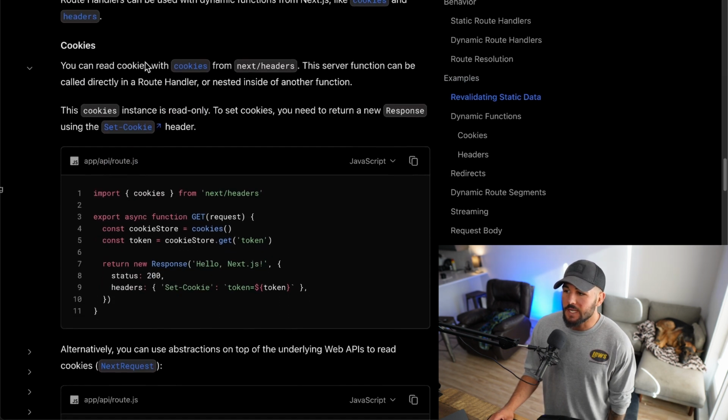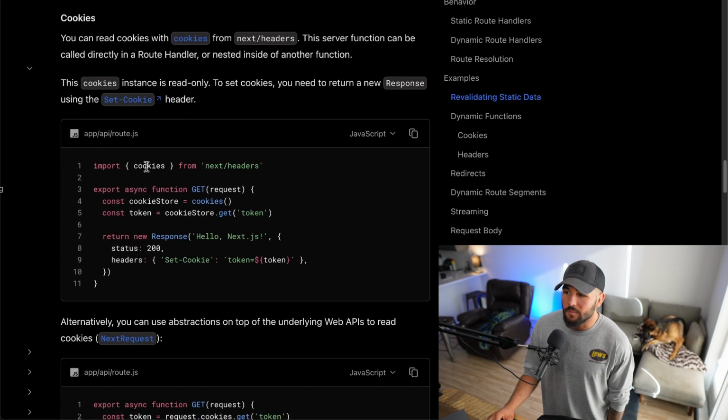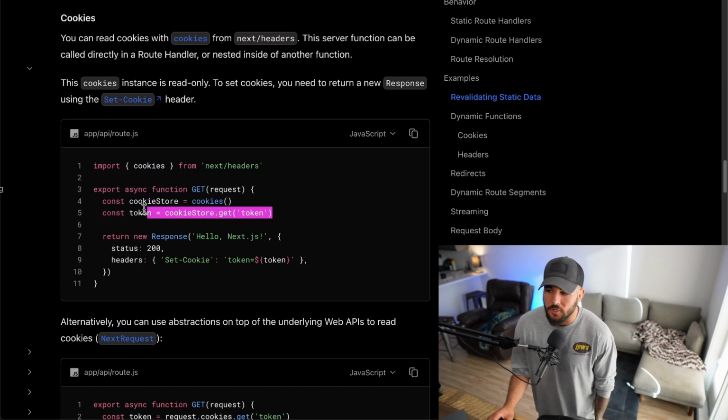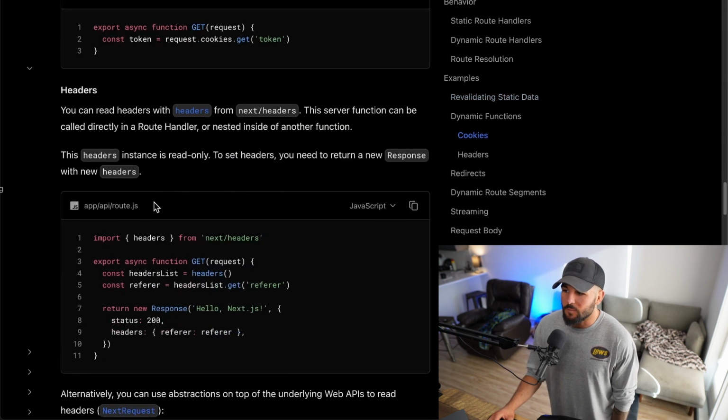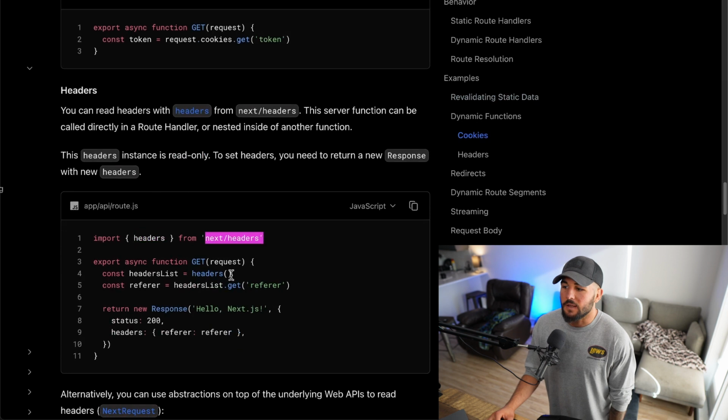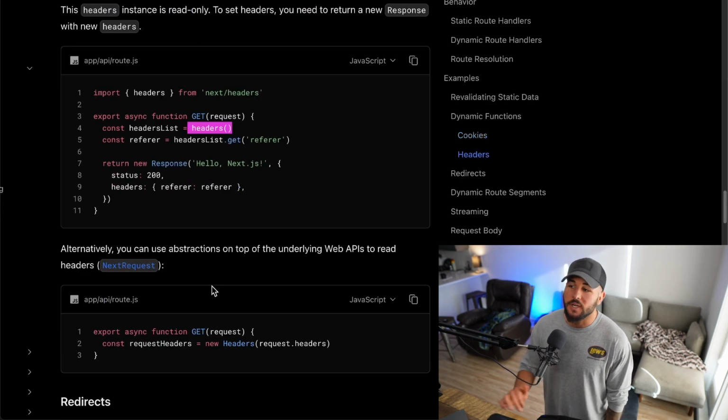And then here they give a couple examples of how you can use cookies. So you can import the function cookies from next/headers. And this is how you could access your cookies within your route handlers. So you could say const cookieStore is equal to calling your cookies function. And that is how you could get some different tokens or something like that from your cookies. And you could do a very similar thing with your headers, in which you can import headers from next/headers, and then you could call that headers function to get access to your headers from your different API requests as well. Okay, so that is how you could use cookies and headers